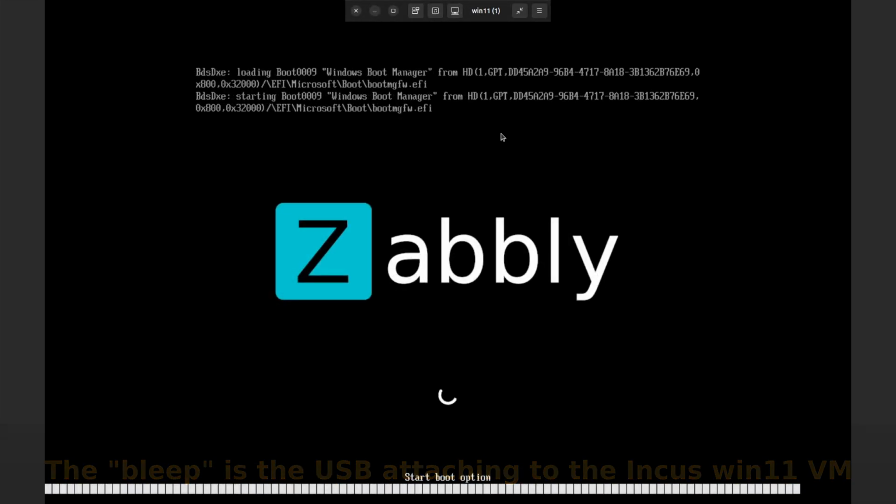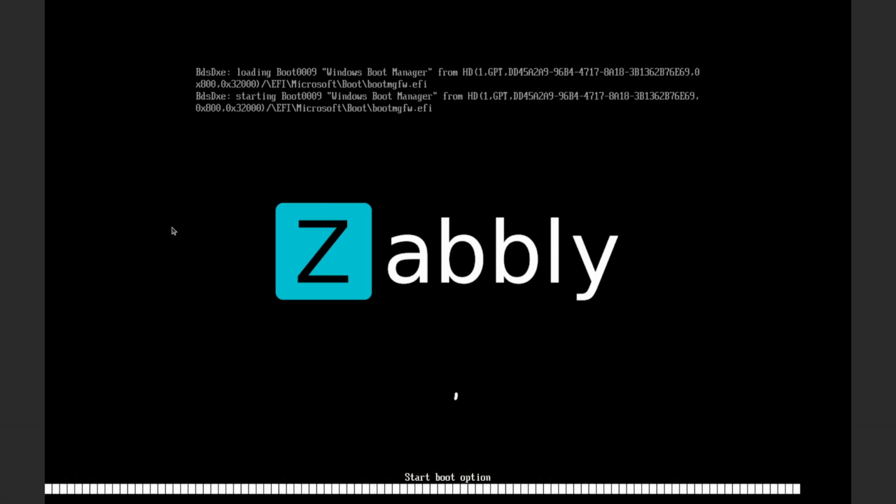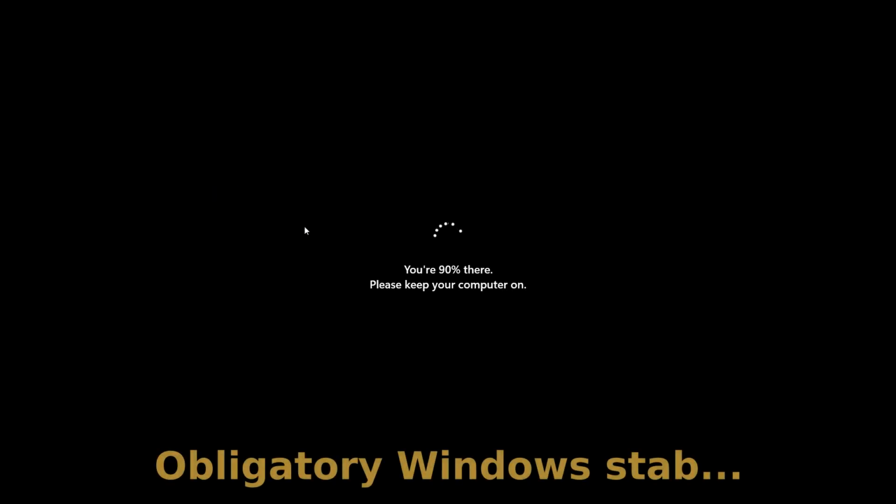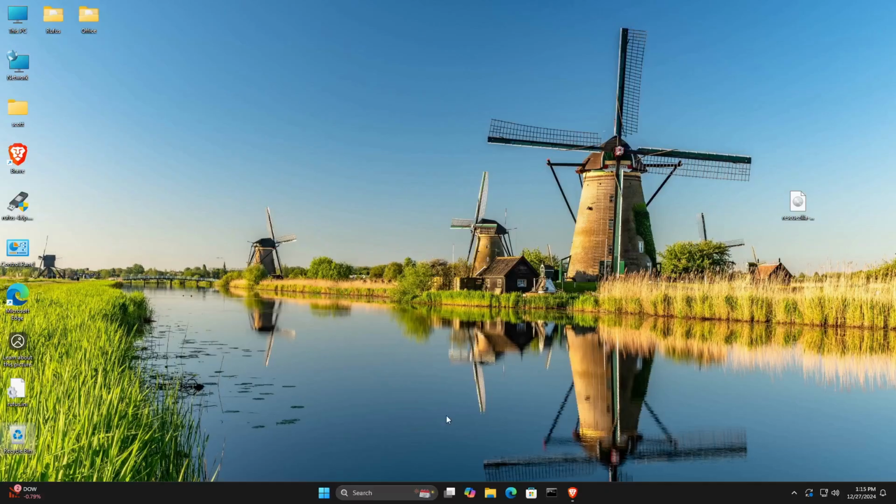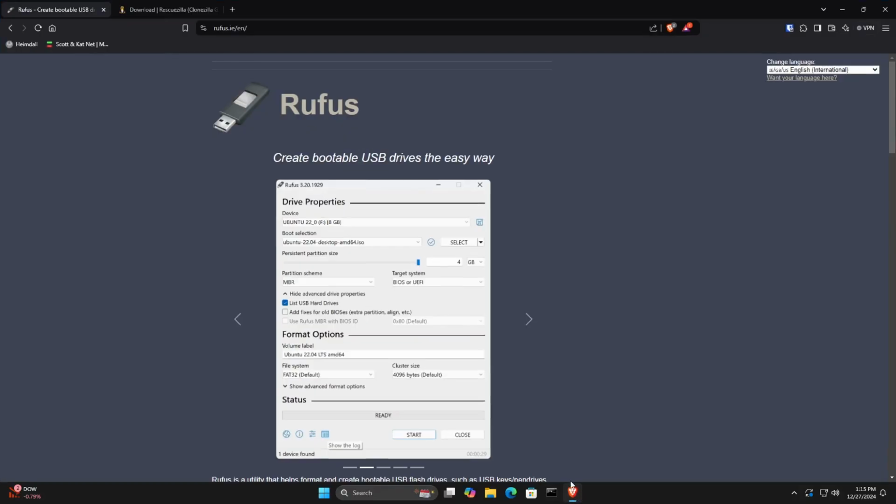So I'm going ahead and starting this up, and then I'll go ahead and go full screen on it, and it doesn't take very long for my Incus Windows 11 VM to boot up and be able to offer login, if it weren't in the middle of doing an update, which is so typical of Windows. Now that I'm logged into my Windows, I went ahead and went over to the Brave browser, and I went to